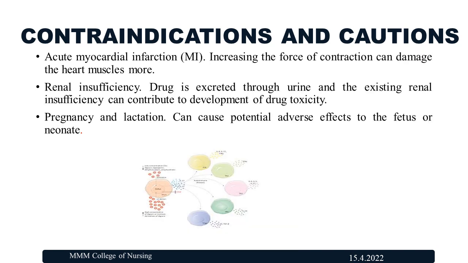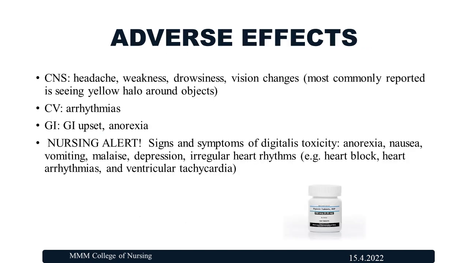Other conditions for the contraindications: acute myocardial infarction, since the force of contraction can damage the heart muscle; renal insufficiency, since the drug is excreted through urine; existing renal insufficiency and drug toxicity; pregnancy and lactation should also be avoided. Adverse effects: CNS effects such as headache, weakness, drowsiness, vision changes can happen, and severe arrhythmias, GI upset, anorexia. The nursing alert: signs and symptoms of digitalis toxicity, anorexia, nausea, vomiting, malaise, depression, irregular heart rhythms should be informed